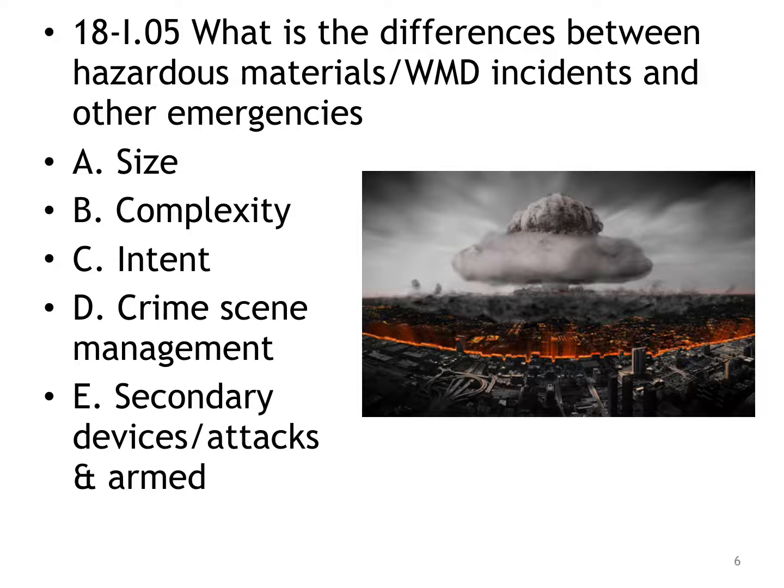We've already talked about intent. Crime scene management is a real big one. In the event that you're on a hazmat event and you are physically having to protect a scene, that might be requested either by the fire marshal or by law enforcement. The accident itself was not intentional, but it may have been a meth cook driving down the highway that had an accident. We need fire personnel now to actually maintain fire protection on the scene